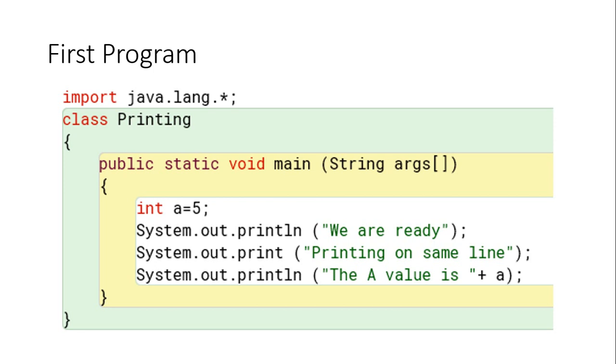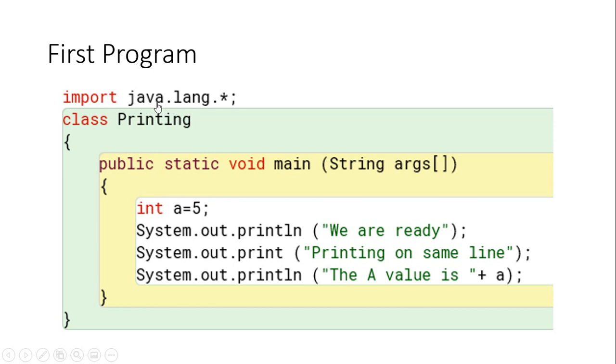Now coming to the very first program that we try to write in Java. Java has its own programming structure. In the first part we will have import declarations. The import declarations are basically a kind of header file that we normally use in our other programming languages. So, import